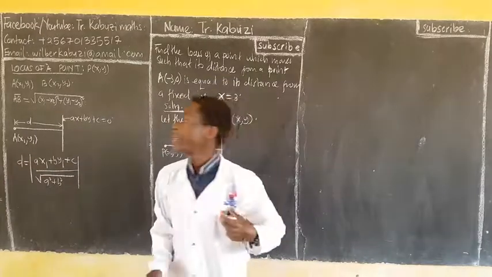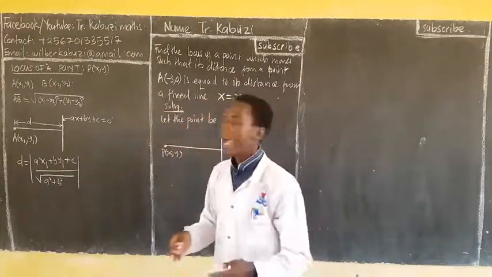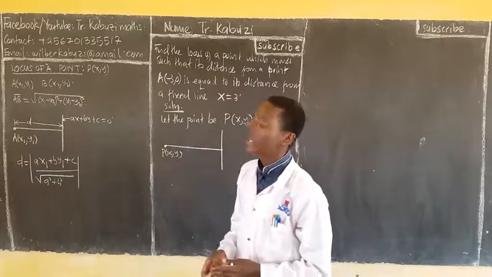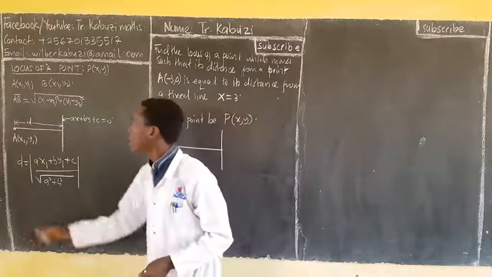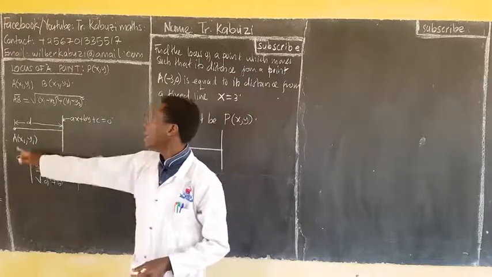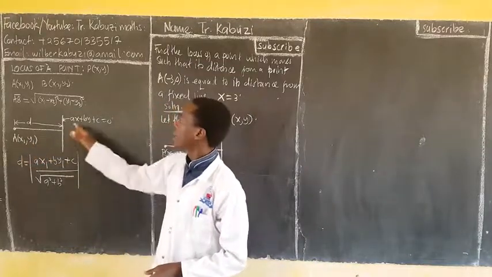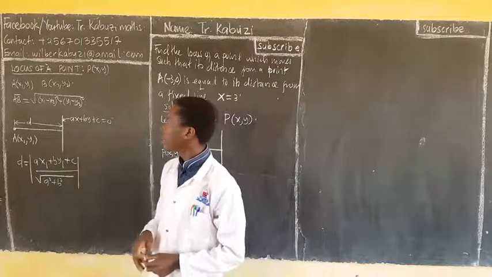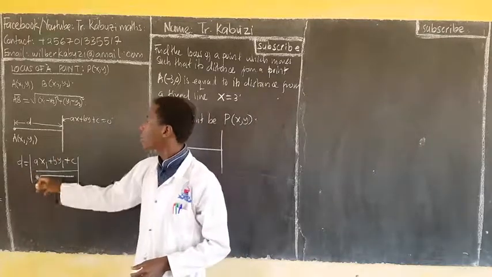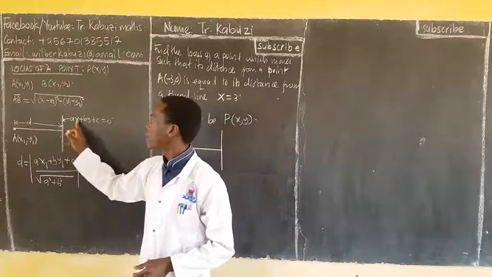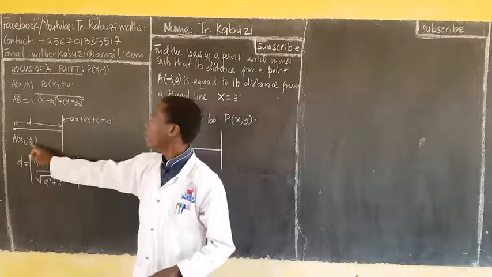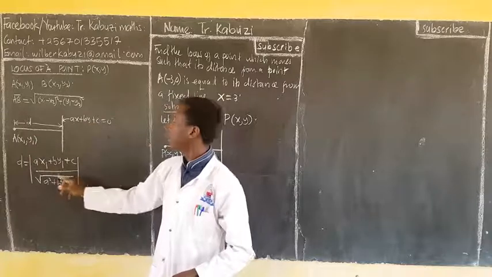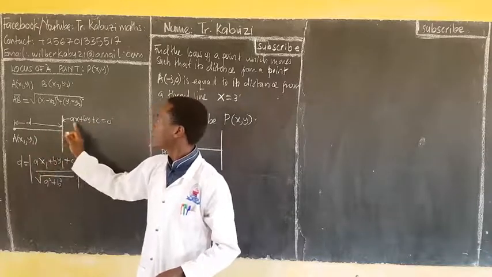Okay, so members, in today's lesson, we are going to see how we handle locus when they are giving us the distance from a point. Now recall, if we have a distance from a point A (x1, y1) from a line, this distance d is equal to: we replace x with the x coordinate of the point, then the y coordinate of the point, then plus this over the square root of these coefficients of